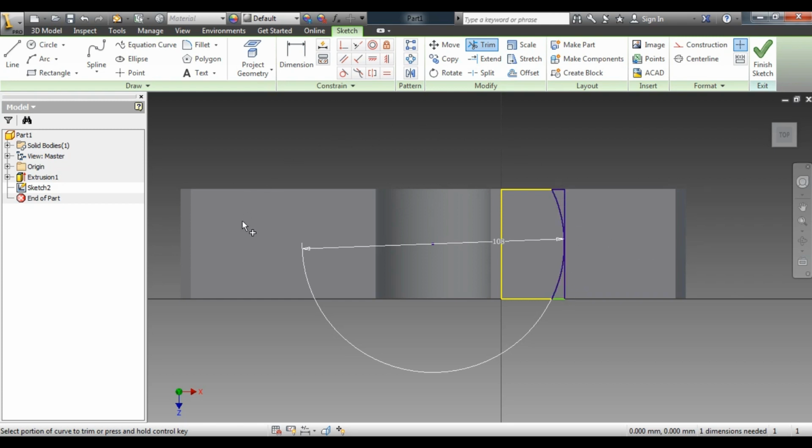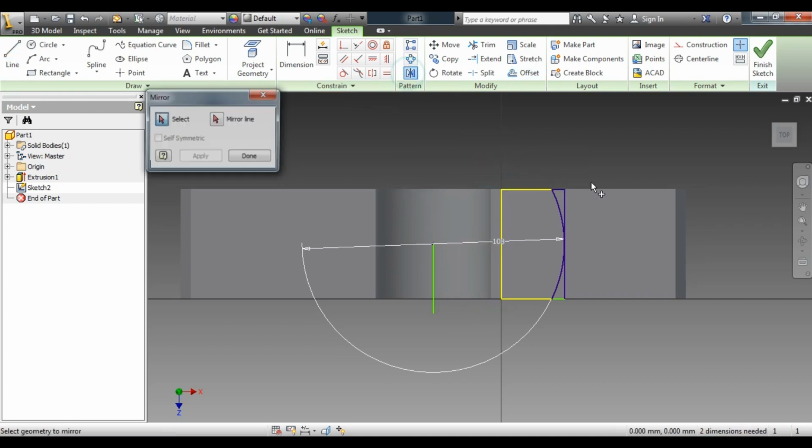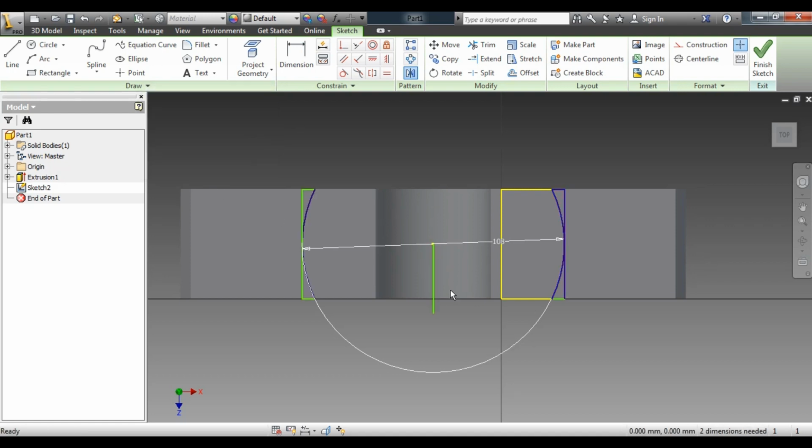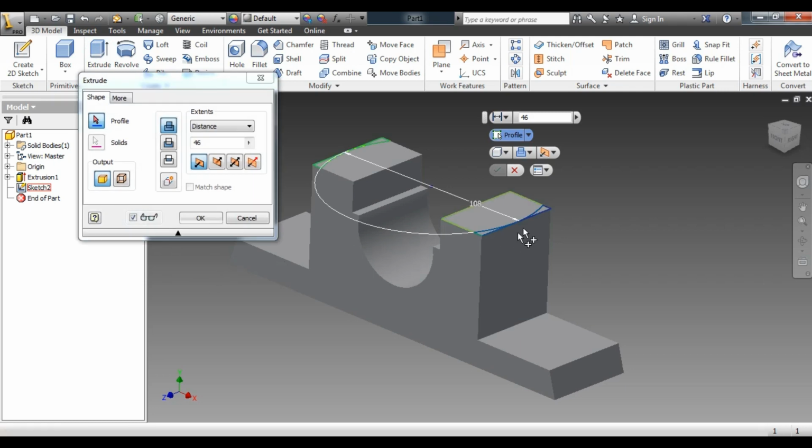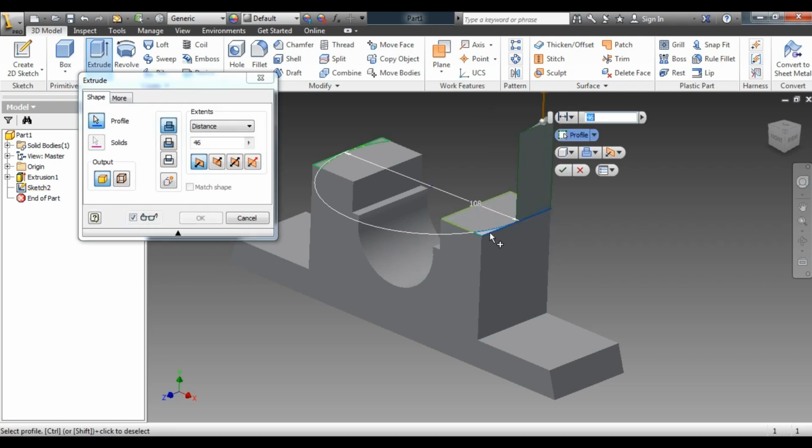The similar thing will happen on the opposite side. For that I'll take one line and I will go to the mirror command, select the object, and the mirror line is over here and apply. Done. Okay, so next this line is not required, I took it for reference, and finish the sketch. So next the sketch 2 is ready. So they are asking for a 3D command. So this is my object,